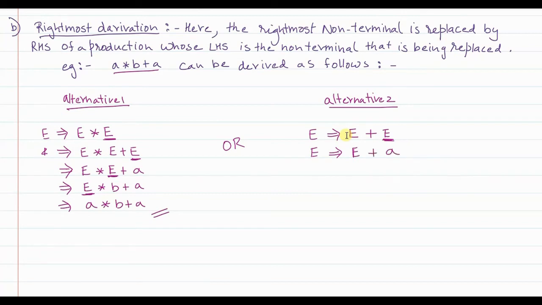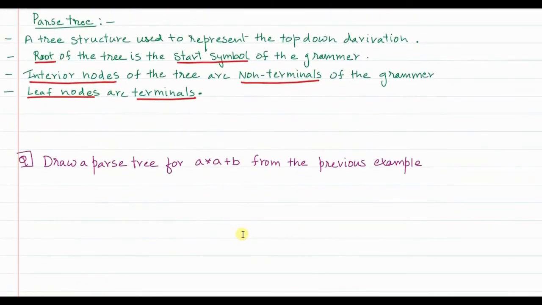Now this is the next rightmost element, but what is required is a multiplication factor. So this can be further expanded as E into E plus A. Which is the next rightmost element? This has to be the next rightmost element. Correct? So then try to replace that rightmost element. What I want is B. So I replace E with B. This is the next rightmost element, so I replace E with A. So this is the rightmost derivation. Okay. So this is what is called leftmost and rightmost derivation.